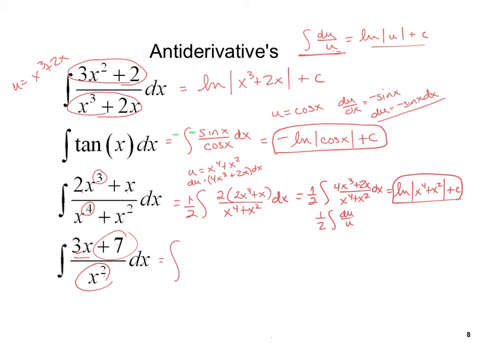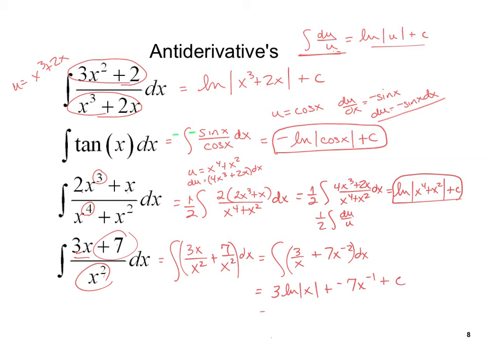So I can split this up and say this equals 3x over x squared plus 7 over x squared times dx. And then if I simplify that a little bit, I get 3 over x plus 7x to the negative 2 dx. So now that equals 3 ln absolute value of x, because it's 3 over x. You could take the 3 out front if you wanted to, but it's 3 times the ln of x, plus, and now if you add 1, you get -1, divide by -1, it's going to be negative 7x to the negative 1